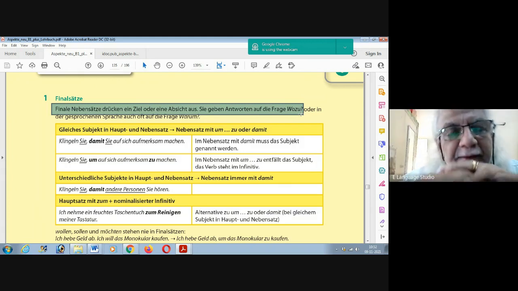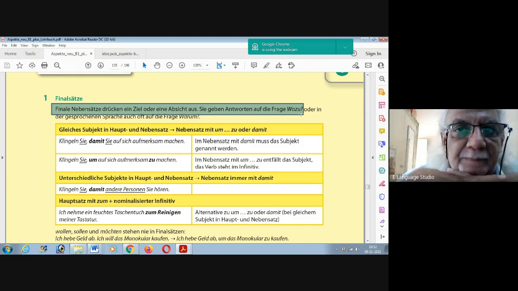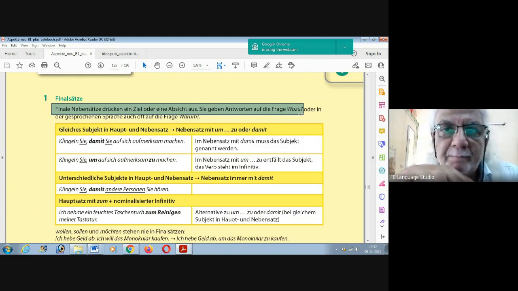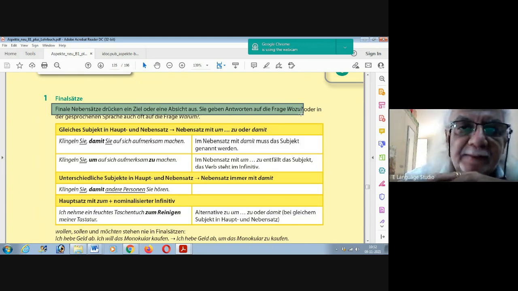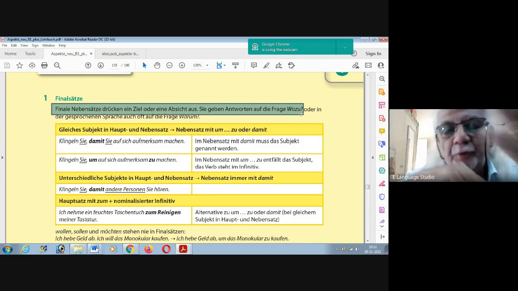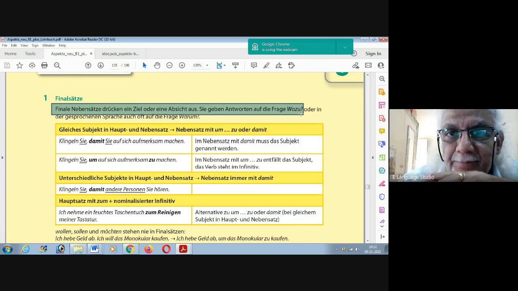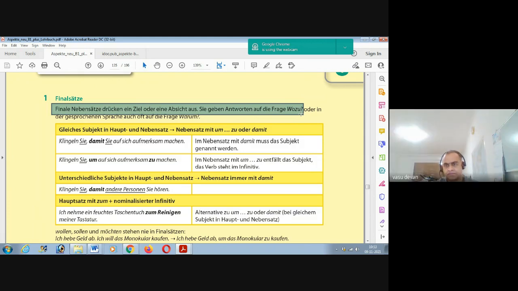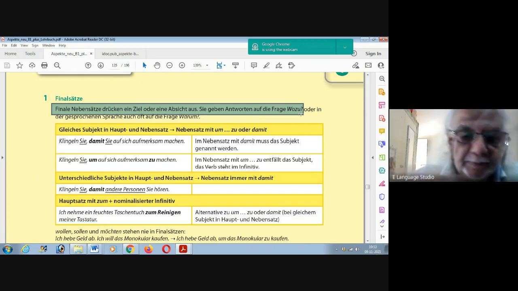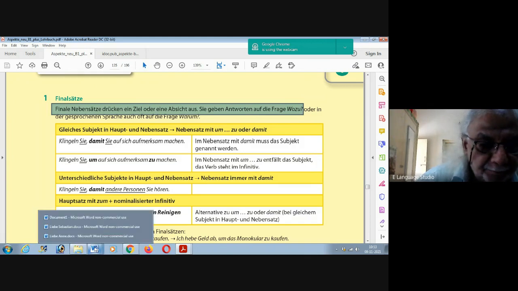What would the sentence mean? Ich muss mich beeilen, damit ich den Bus nicht verpasse. I should rush so that I don't miss the bus. Wonderful. So that, damit, right? So if we look at the sentence here,